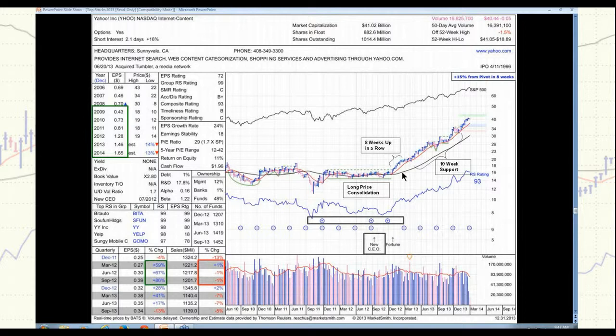And if you don't think that you're going to have the conviction to sit through, like look at that double bottom in the middle of it, I know that if I was in it with my bias against it, I would have been shaken out during that. But with that said, you want to be realistic and say, okay, do you have too much of a bias against it? Is it something that you just would never trade, like a low price stock,